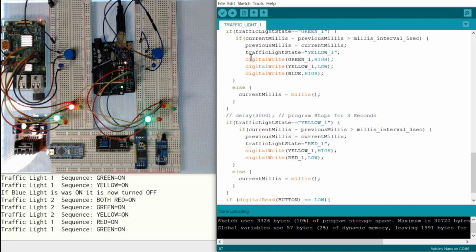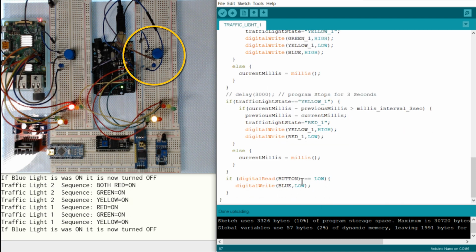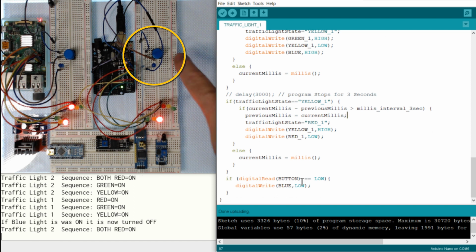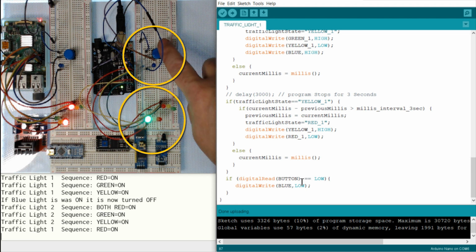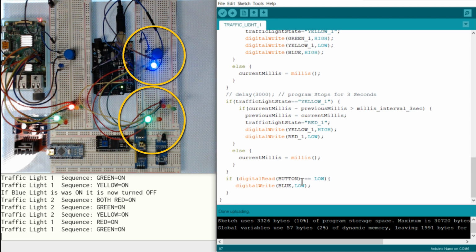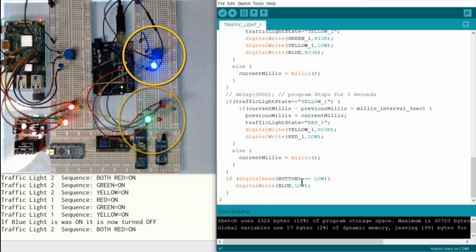As mentioned, I did not change anything here for the blue button press. So let me press it. Hey, the blue light is on. And it turns off when the traffic light is yellow. I'm going to press it again. And it turns off. Now press it again. It stays on until the yellow LED